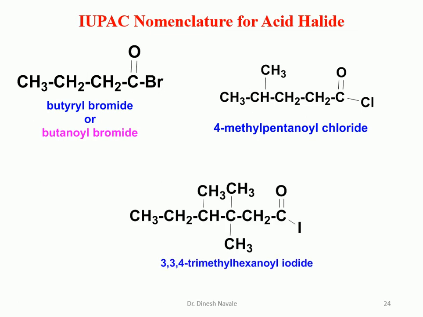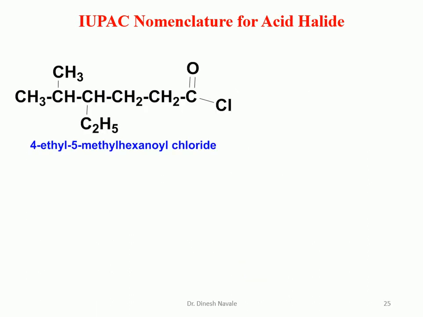Now there is an iodine derivative. So we are going to see the longest possible carbon chain. Start from the carbon of the carbonyl group. So it is carbon 1, 2, 3, 4, 5, 6. For 6 carbon atoms it is going to become hexane. The E will be replaced by oyl halide. For iodine it is iodide. So it is hexanoyl iodide. This is the nomenclature, hexanoyl iodide. And methyl substituents are present at carbon number 3 and 4. So it is trimethyl. So it is 3,3,4-trimethyl hexanoyl iodide.